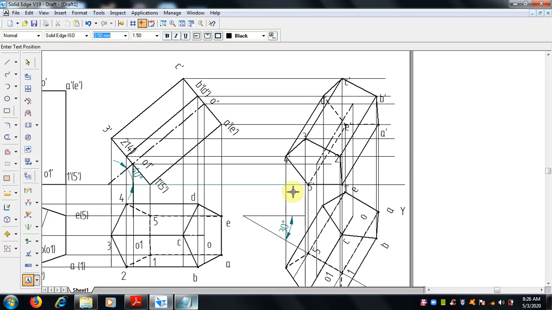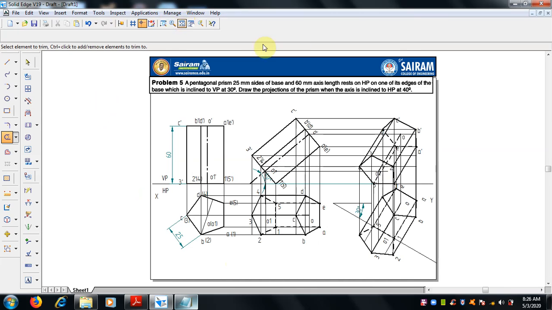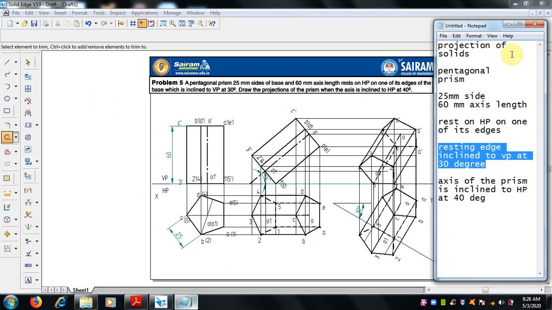So mention the bottom is O1 and the top is O. Select the trim command, trim unwanted portions, right? Make a fit, check the fit option. So now the projection of solid, a pentagonal prism.